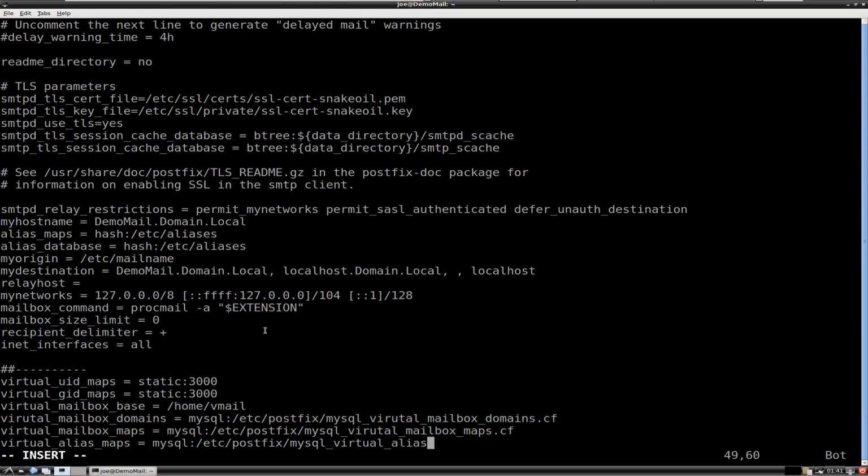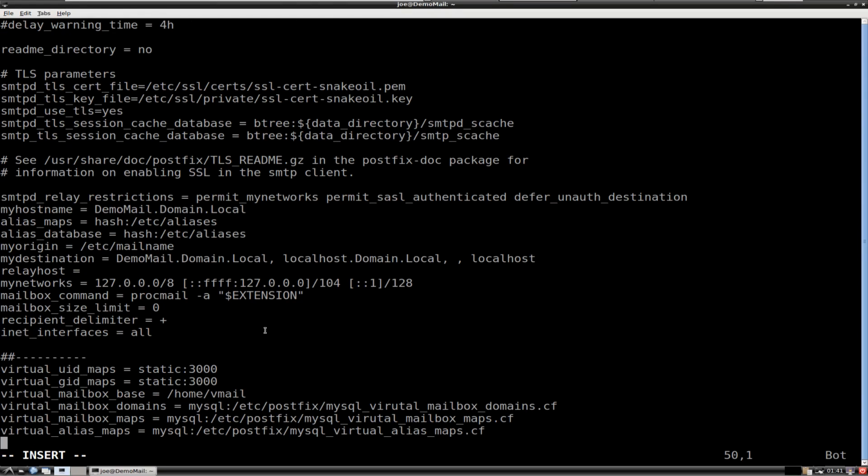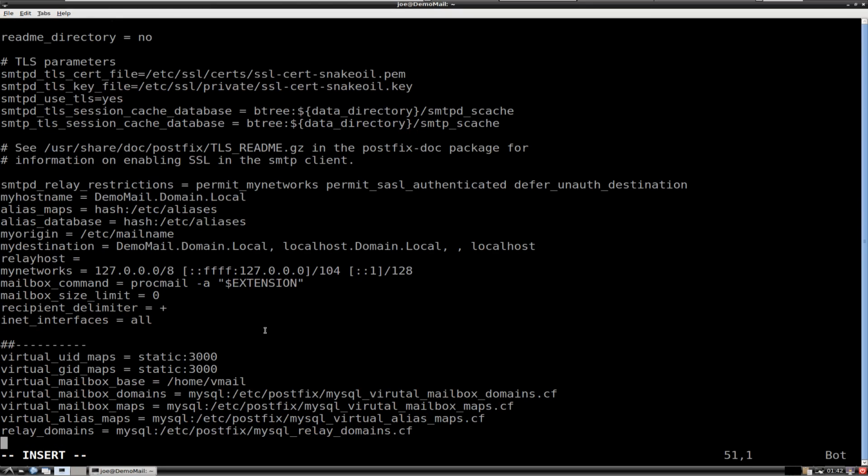And then we need to do relay_domains equals mysql:/etc/postfix/mysql_relay_domains.cf,